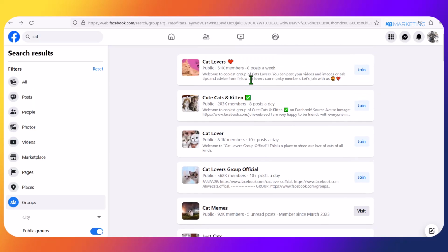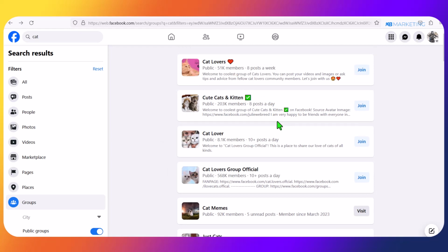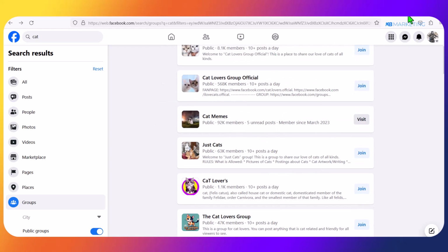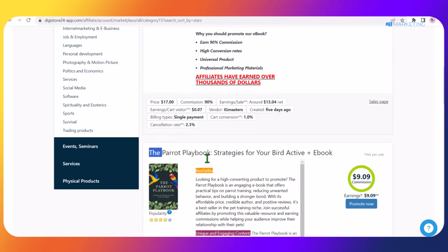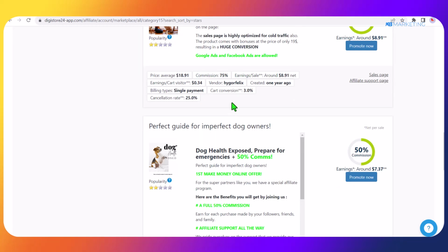So you want to repeat this same strategy by joining as many cat groups as possible, and you want to make that post in all of those groups. And I can assure you, you're going to get a lot of traffic and you will get a lot of sales as well. And also keep in mind, there are multiple products in this niche. As you can see right here, you want to go to the next product and you want to repeat this same process as well. And if you do this for all of these products, you will definitely be making money